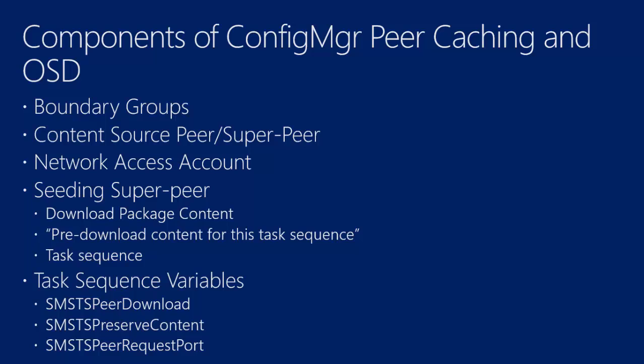The next one, pre-download content for this task sequence. This is a step or an option, if you will, that you can configure on the deployment specifically of a task sequence. So what this does is it will evaluate a task sequence as soon as it arrives and begin downloading required content. So this one's interesting because